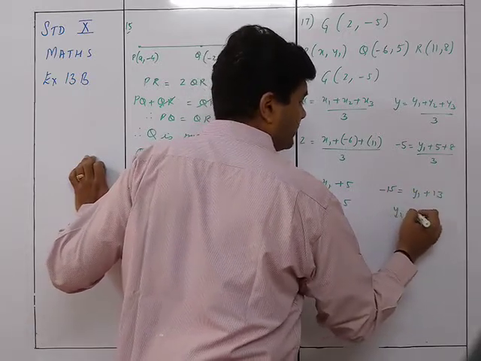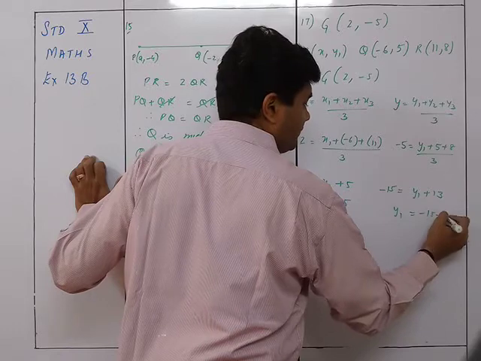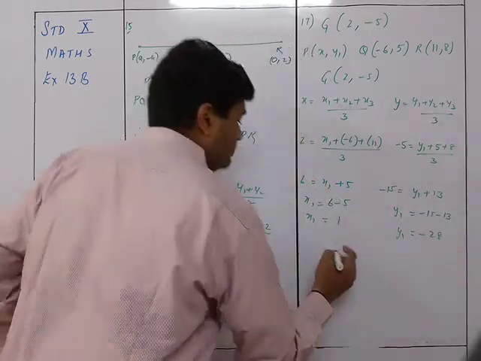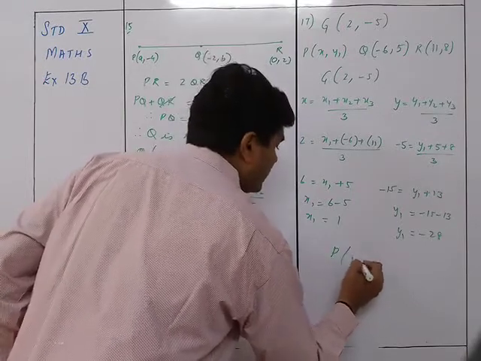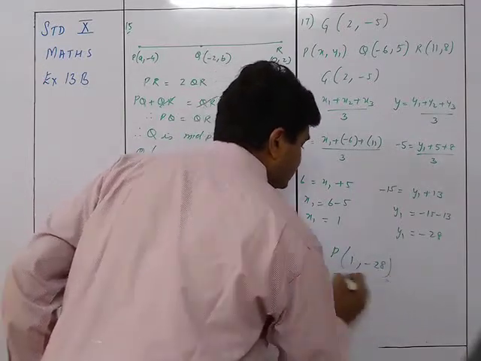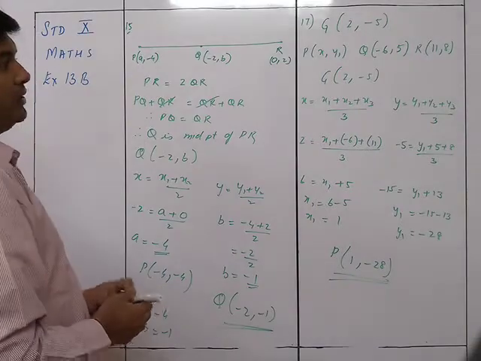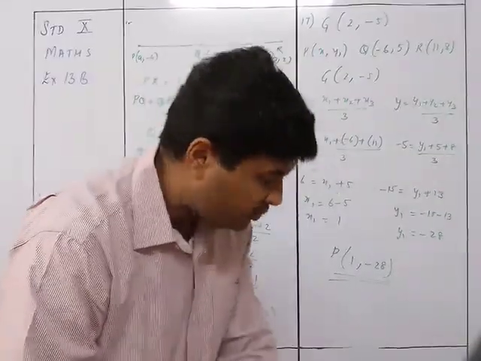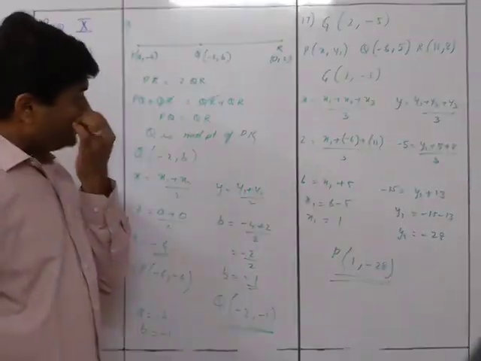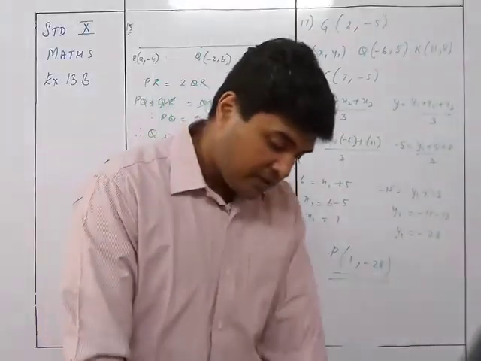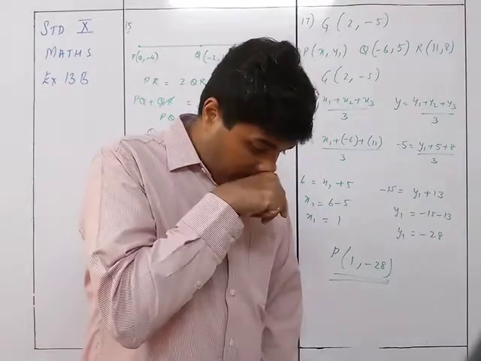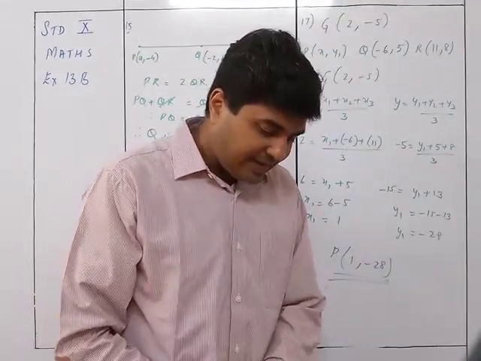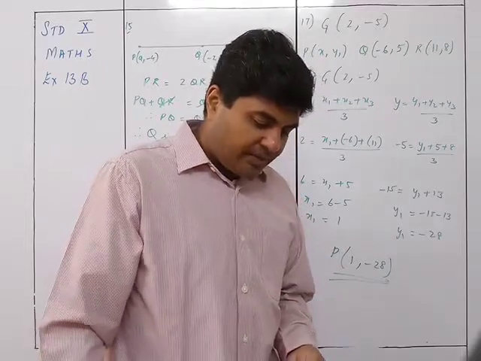So y1 is equal to minus 13 minus 15. So y1 is equal to minus 28. So that gives me P as 1 comma minus 28. That's the answer for this one. I just check that thing. For sum number 17 it is 1 comma minus 28. So that was the answer for sum number 17. This is the end of the exercise. In the 18 sum, I think we can do the 18 sum.